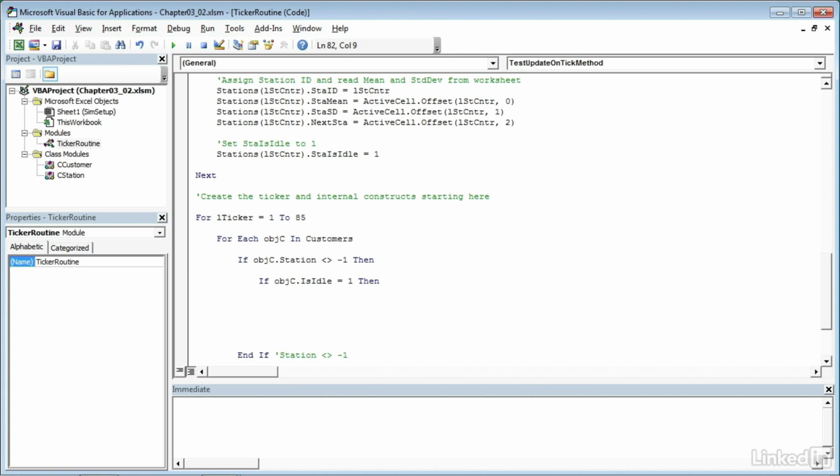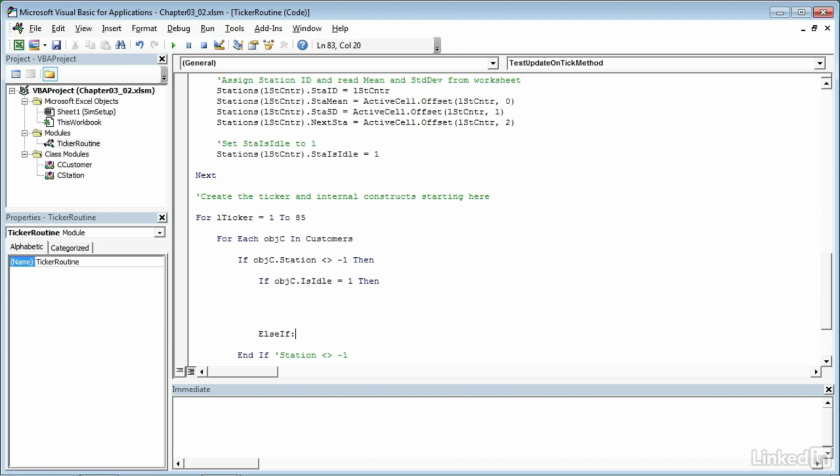And I realize this is kind of shadow boxing because we're not filling in the details of the for each and if statements. But what I'm doing, just to give you an overview, is to see if the customer has reached their end time or not. So I'm creating an else if statement. So in other words, if the customer is idle, then I'll do one set of things. However, if the customer is not idle, then I need to use else if,